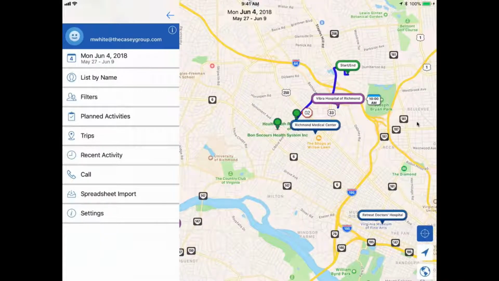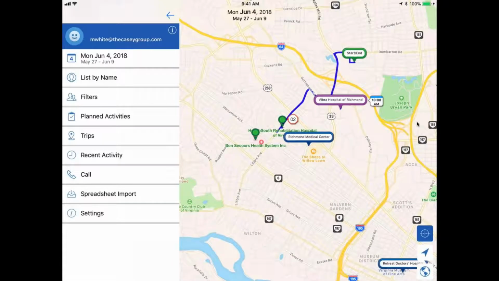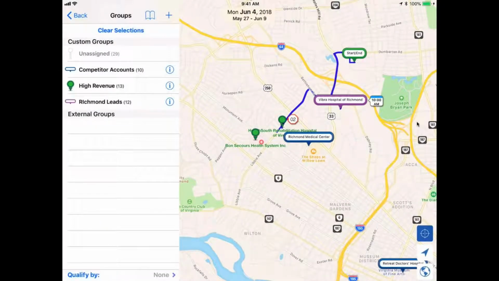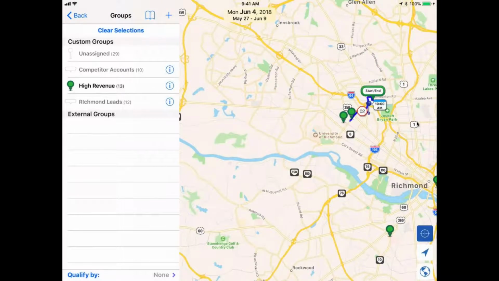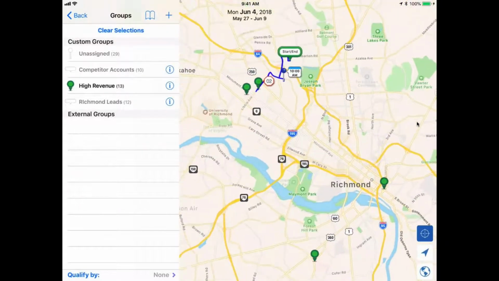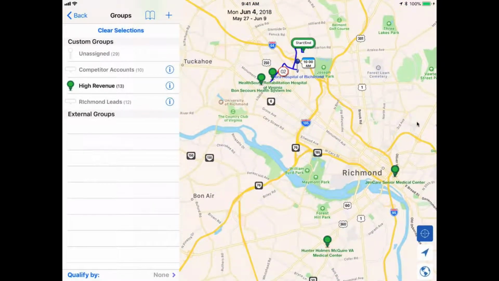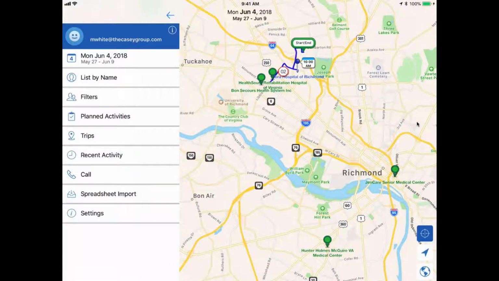Yeah, and Calvin, while I'm here, why don't I just go ahead, I'll do an optimization real quick to show everyone. Does that sound good? Okay. So what I'll do is I already just set up one appointment, but I'm just going to go to my filters first, and those are the groups that we talked about. Just quickly in that high-level overview, I'm just going to look at all of my high revenue accounts. So I've made a group of high revenue accounts that are denoted by that green pin. So now I'm going to go back and look at my trips. So we'll see what I've set up so far by tapping trips.